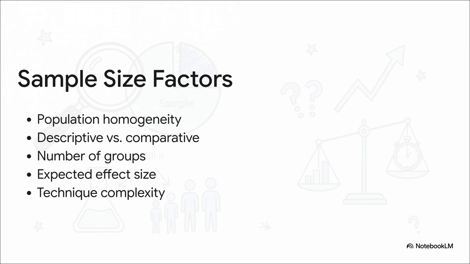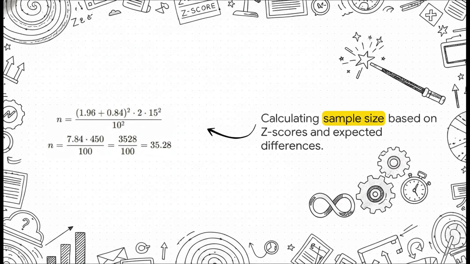The expected effect size is a huge factor, too. I mean, detecting massive, obvious differences between two groups is easy and requires a small sample, but detecting a tiny, subtle difference, that requires a massive sample. And of course, if you're using complex analytical techniques like multiple regression, you automatically need more participants just to feed those hungry algorithms. Now, all of those variables ultimately get